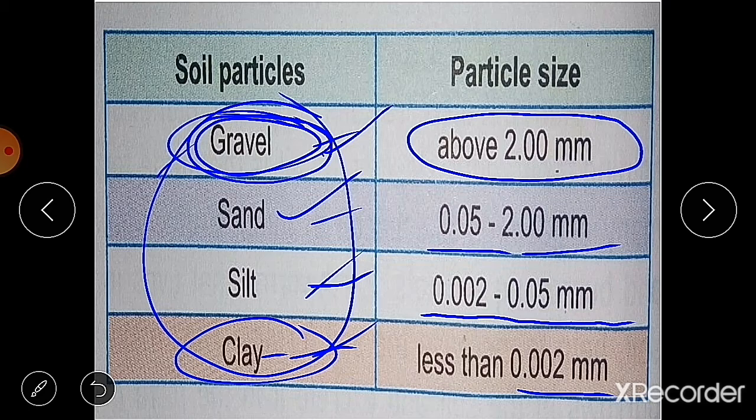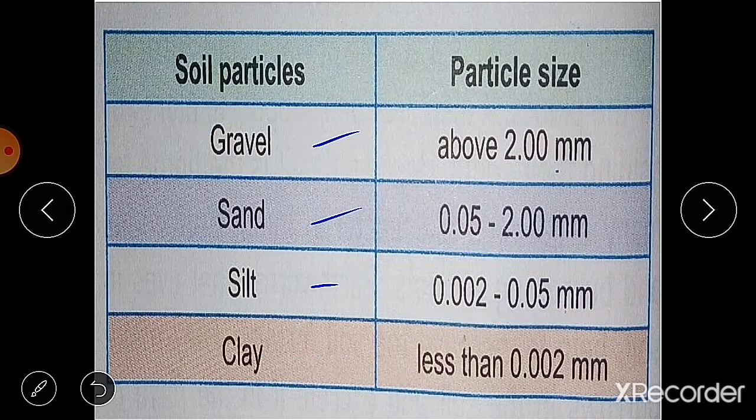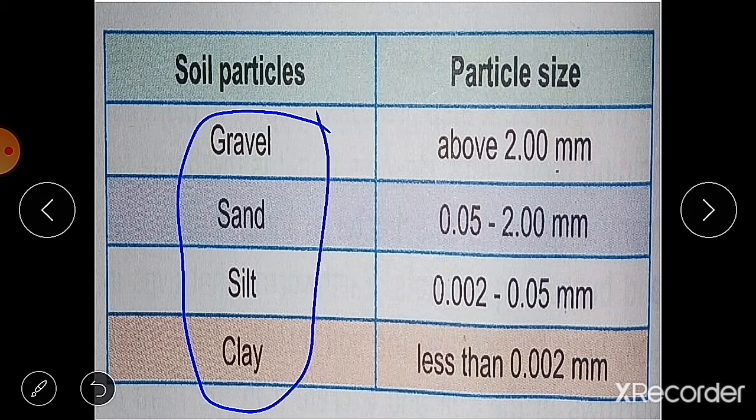If you take a sample of soil from different geographical areas, you will come to know that the particles present in that soil have different proportions.